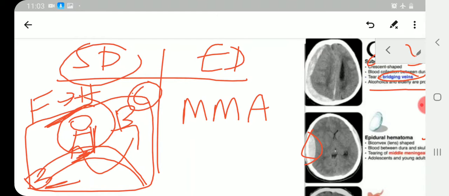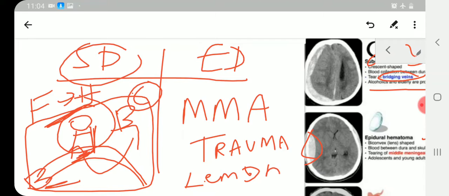This person is more prone to trauma. So when there is a trauma, this patient is going to get a break. He gets injured, so he's going to get a break during the fight. In order for him to get clarity in the fight and not be dehydrated, he is given a lemon juice. Just remember this point: he is given a lemon juice. I want you to remember the MMA fighter who gets trauma and drinks lemon juice just to recover and then fight again for the next.